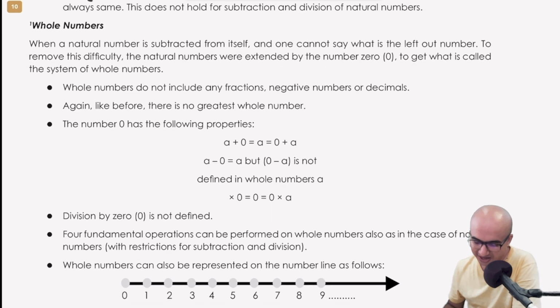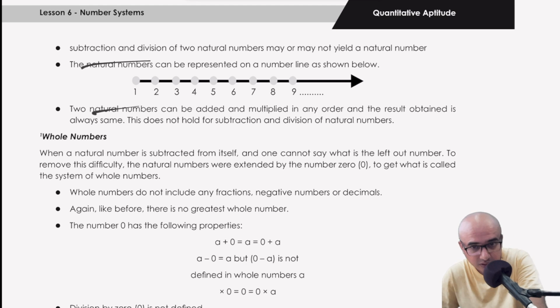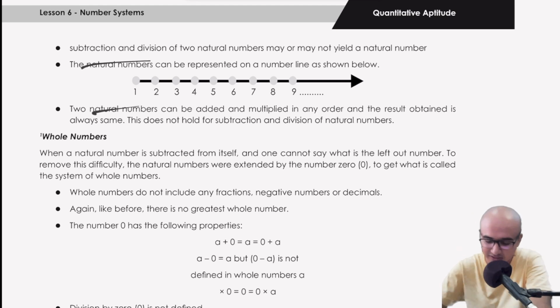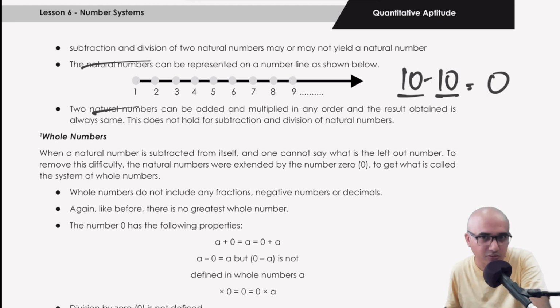Okay. So the next is the whole numbers. Let's elaborate on the concept of whole numbers, particularly addressing the inclusion of 0 and their characteristics. So now, when you think of natural numbers, we know it's all positive numbers starting from 1 and continuing indefinitely. However, when you subtract, let's say, a natural number from that number itself, the result is always 0. For example, let's say 10 minus 10. Both are natural numbers, and when I subtract this number from this number, the answer would obviously be 0. So now there was this confusion.